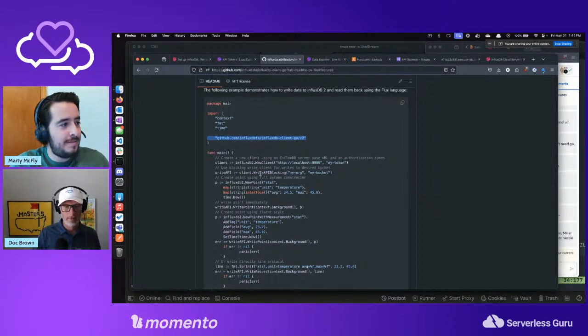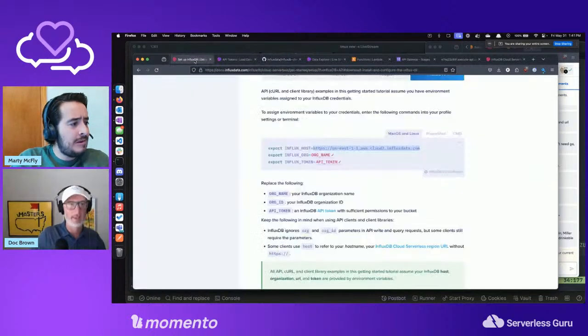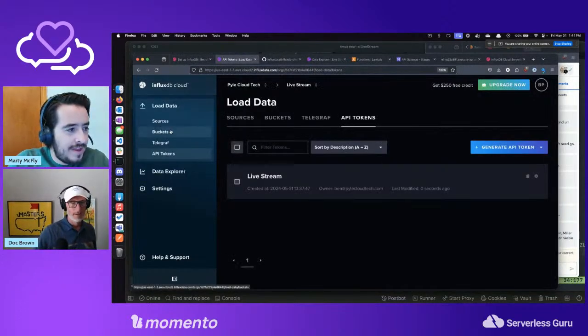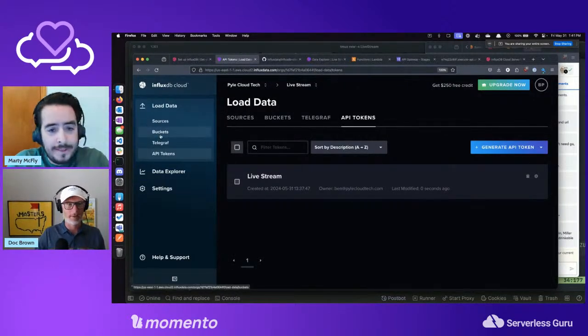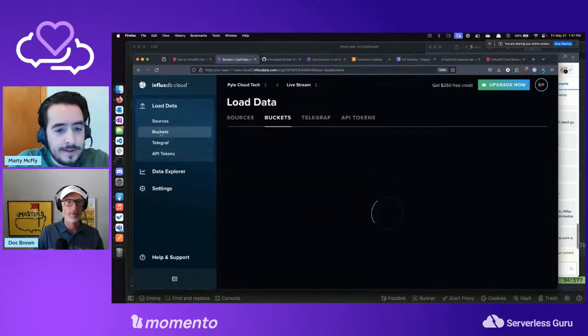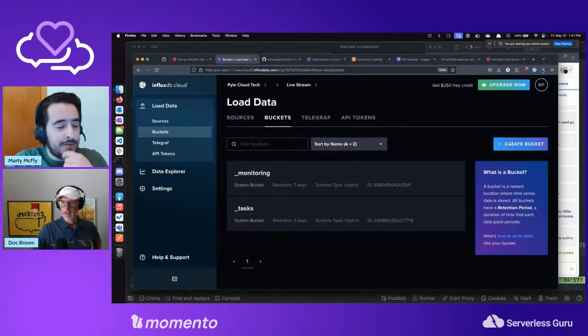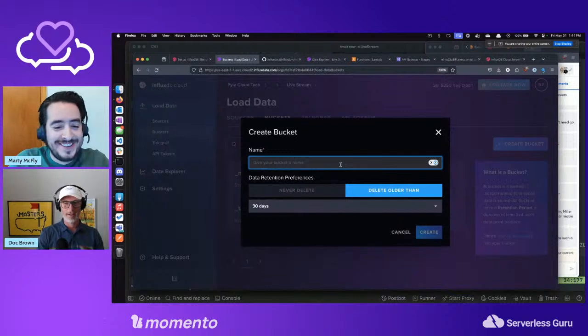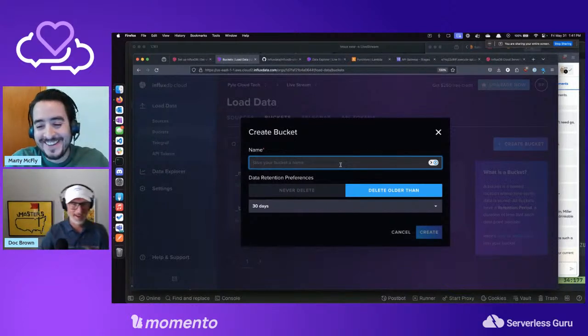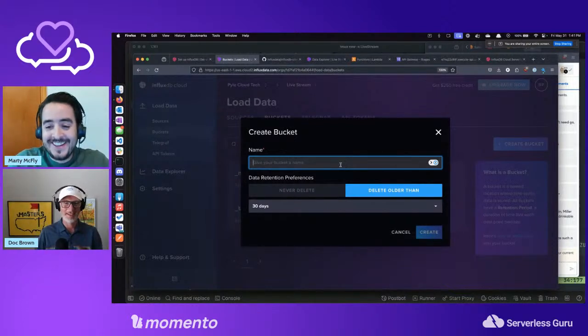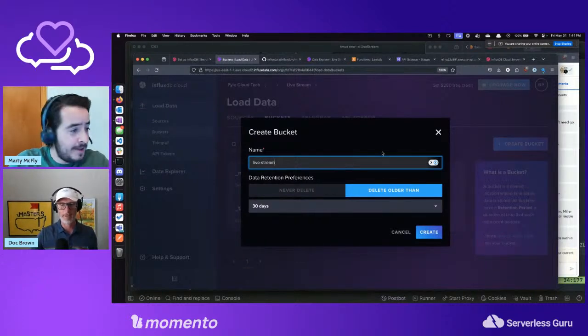Okay. So what if we need an org, which we have one, and we need a bucket? Let's go create a bucket. And I want to use the CLI so bad to create this stuff, but I'm not going to do it. We'll use the GUI. Hey, you're using the mouse. I know, it feels terrible right now. I feel I need to wash this hand off. It feels gross. Live stream. There we go.